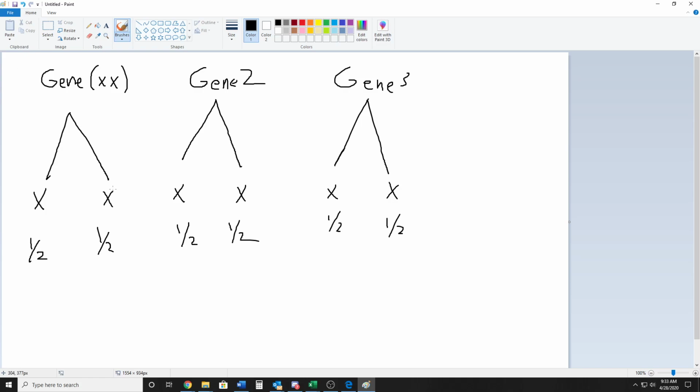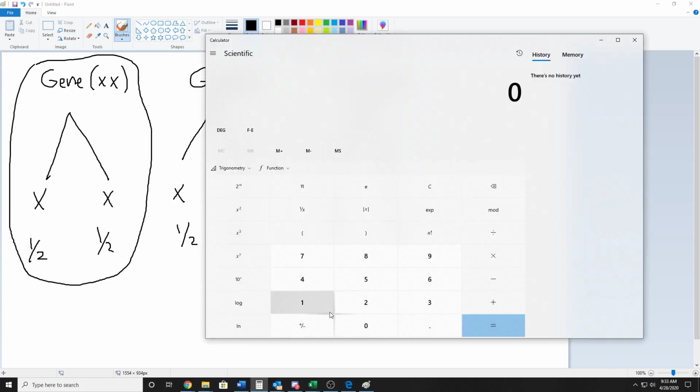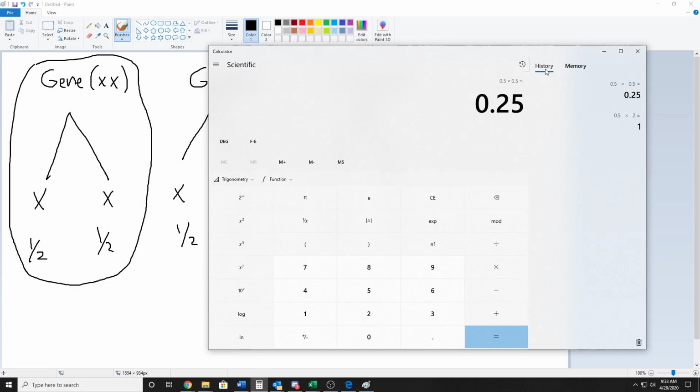Well, let's just look at the first gene. So let's say we're just focusing on the probability of getting a specific combination with just 1 gene. Well, again, it's just 1/2. 0.5 times 0.5. So you get 0.25, which equals a 25% chance, which also equals 1/4, right? If you wanted to aim for a specific combination of genes, you would have a 1 in 4 chance of